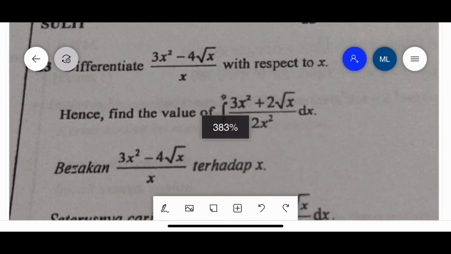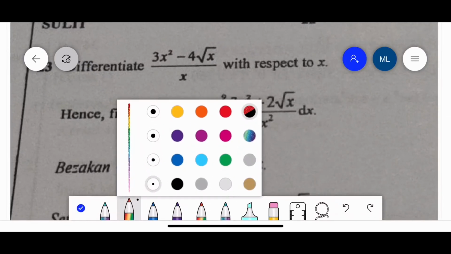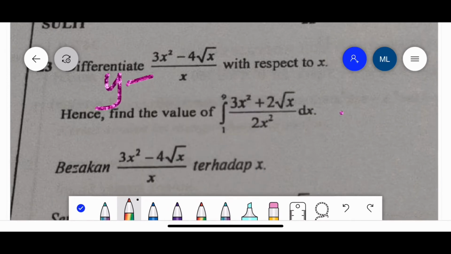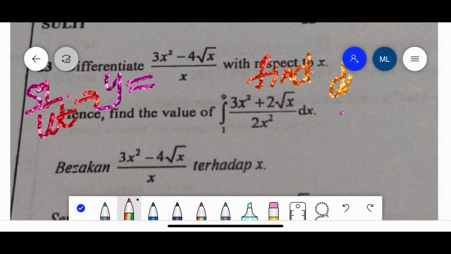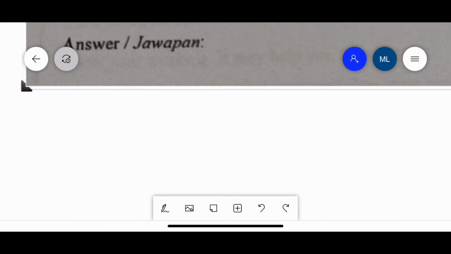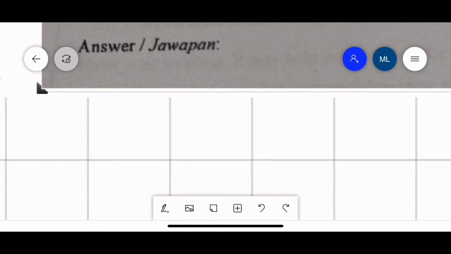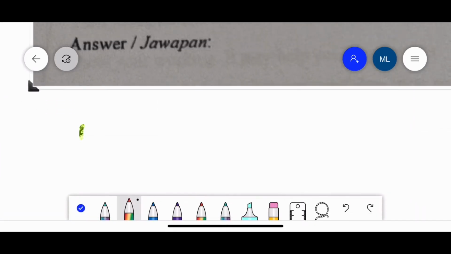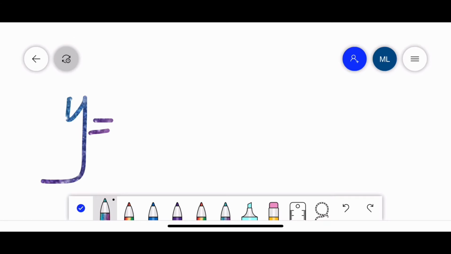So the question is saying differentiate (3x squared minus 4 square root x) over x with respect to x. You see, the moment I see they say differentiate, I will write down y. Y is given. So y is (3x squared minus 4 square root x) over x. So the moment I see this one, I will find the dy dx first. So I will write y equal to the function given, and then I will differentiate. But in order to differentiate this one, maybe you feel a bit unusual because there is a fraction, right? My advice to you is we always try to simplify until we can see the number, x and the power,